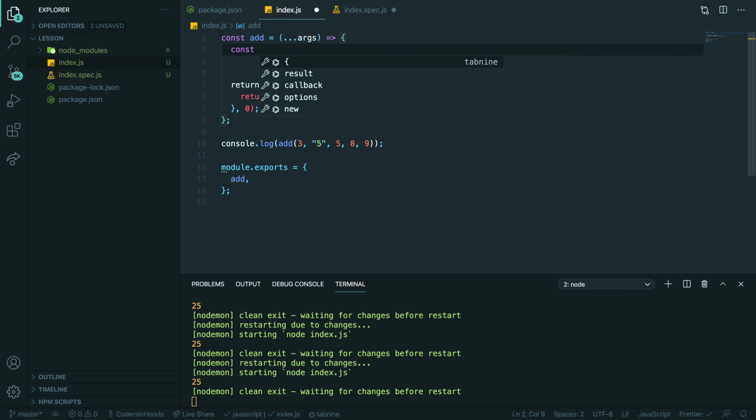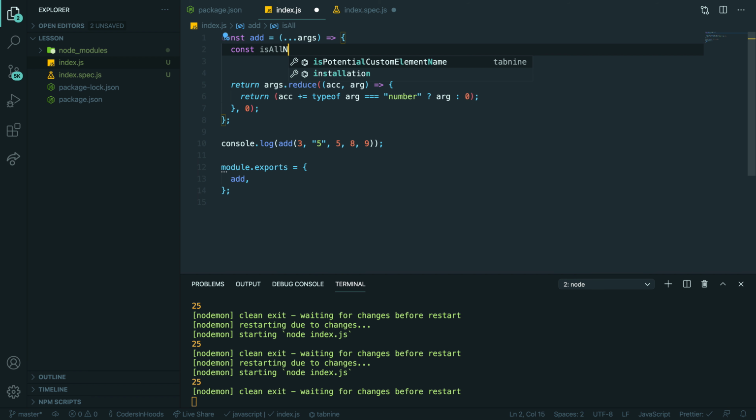So you want to check are all params numbers, right? Mm-hmm. So do you know any specific method? So like is all numbers? Do you have anything in mind to check that all items are numbers?